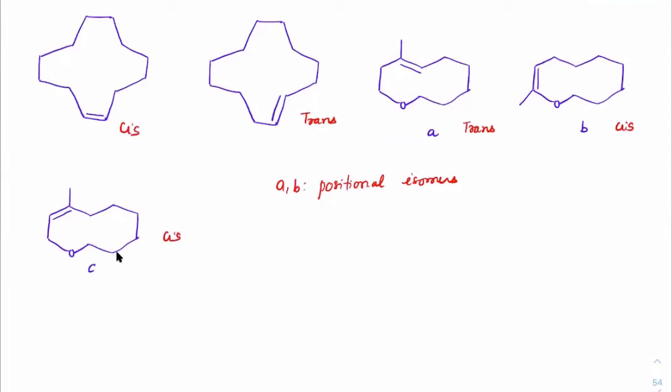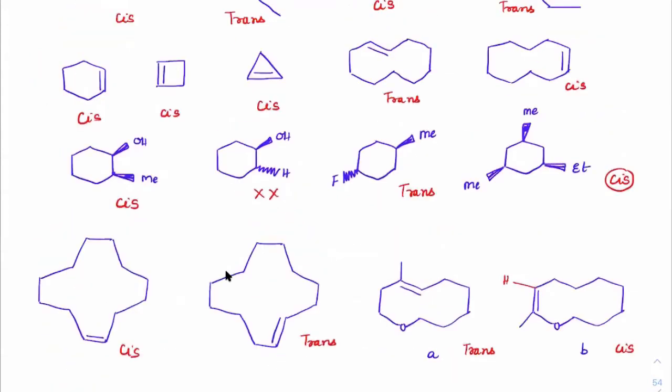Okay. Next, B and C, A and C. Now they are definitely geometrical isomers. Are you sure it is geometrical? No. The double bond position has changed. Yes, the structure is not the same anymore, because with respect to this double bond, the numbering from oxygen was different. Here the numbering is different. So still this is positional. I think all of you understood how to identify cis and trans and what geometrical isomers are.